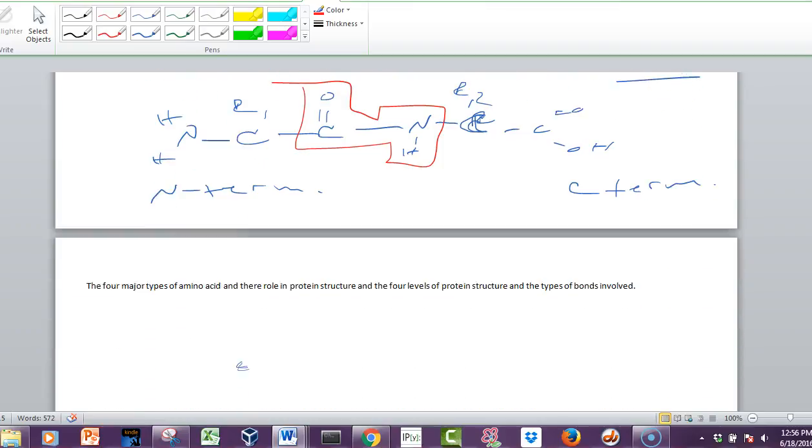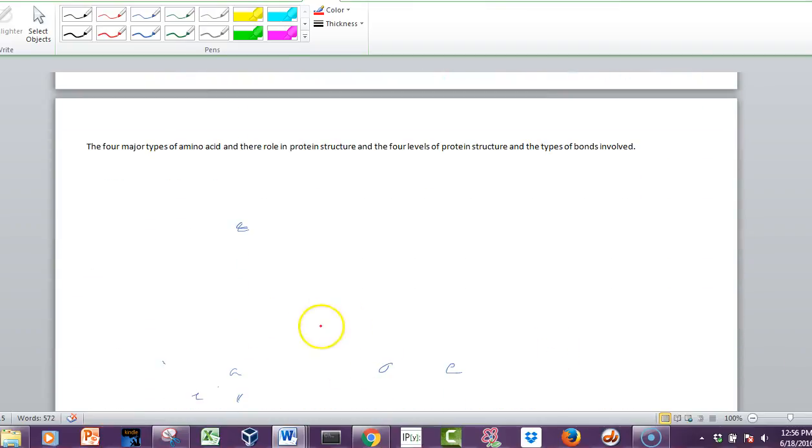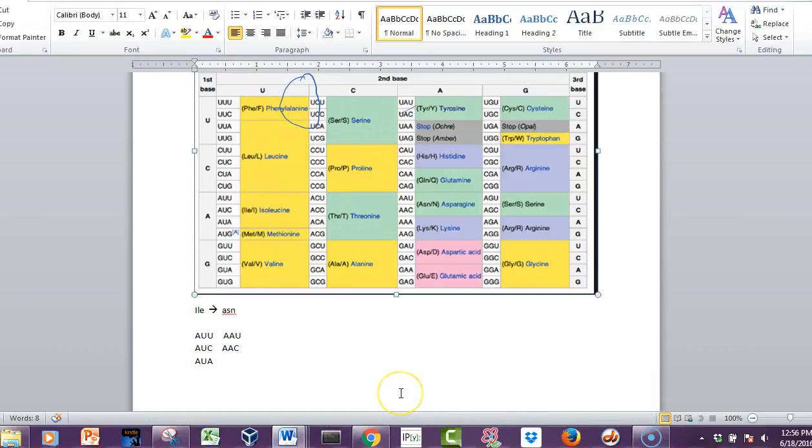All right. The four major types of amino acids, we can get that from our genetic code. You don't have to memorize this because you can use whatever info you want for tests, right? But you need to know the significance of this. These different amino acids have different chemical features. The yellow ones are all nonpolar. The blue ones are polar. The kind of greenish ones are, I guess, blue-greenish or polar.